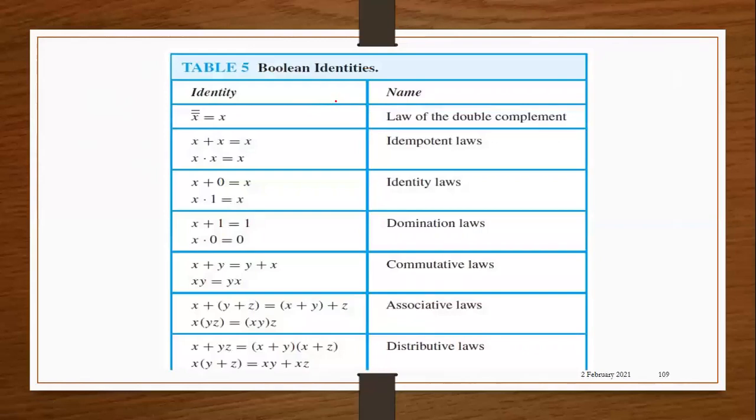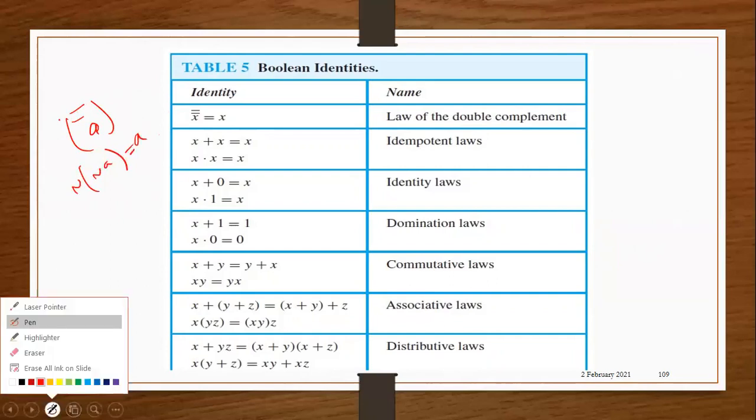Now after that we have Boolean identities. Boolean identities is basically how we had identities in logical equivalence. All of the same identities can be written in Boolean algebra, and these identities are useful in simplifying the design of circuits. And here the identities are given as follows. So the law of double complement is x complement whole complement will give you x. If you remember, law of double negation was a bar whole bar, negation of negation of a was equal to a. So the same thing is written over here.